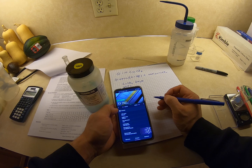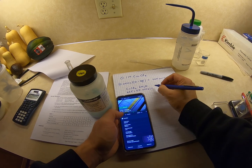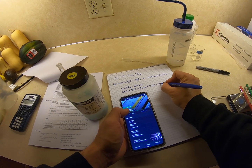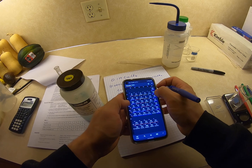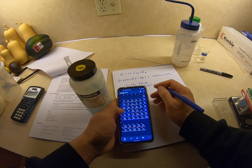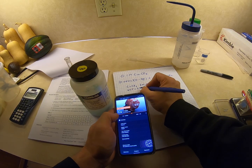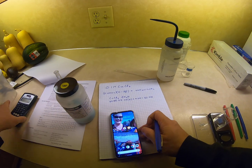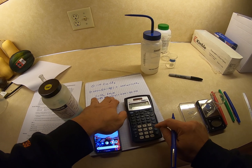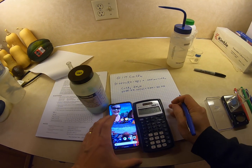Is 35.45 times 2 plus I've got 4 hydrogens, so that's 4.04, right? Plus I have 2 oxygens, so that's 32.00. So let me just double check copper. 63.55. Okay, so let me add all this up. So 170.49